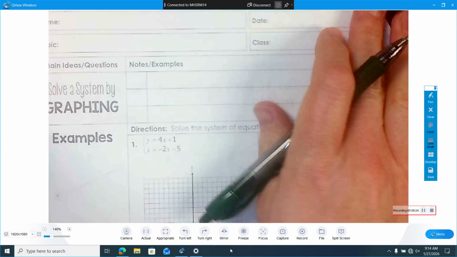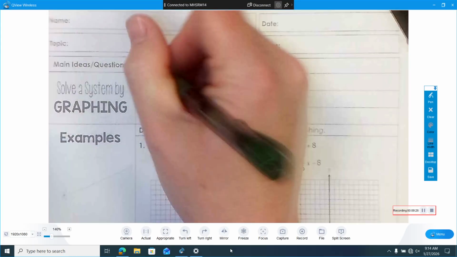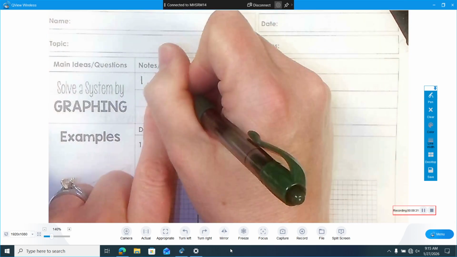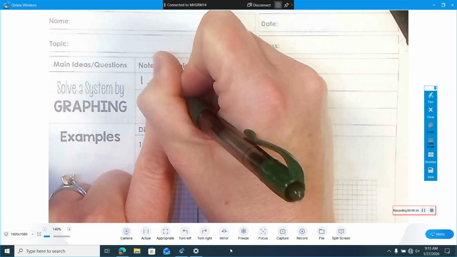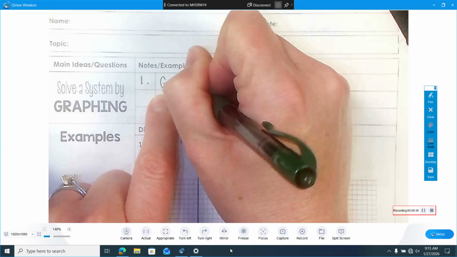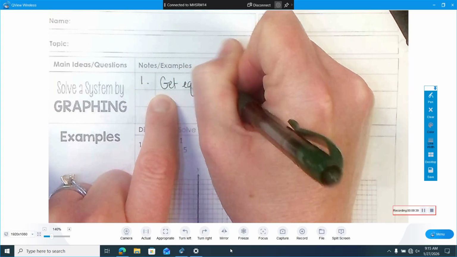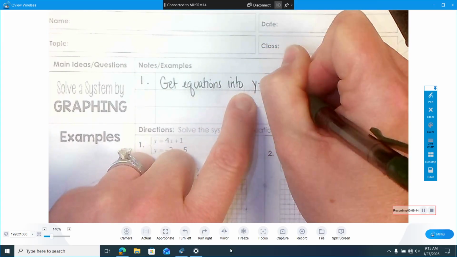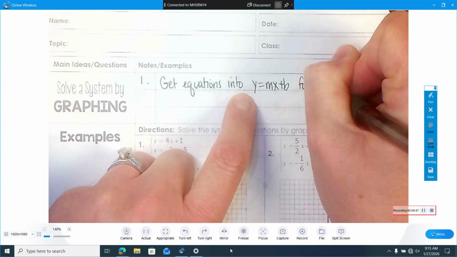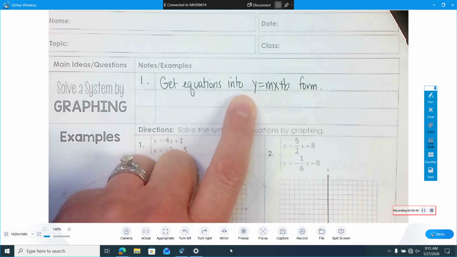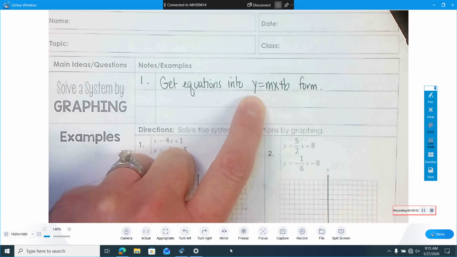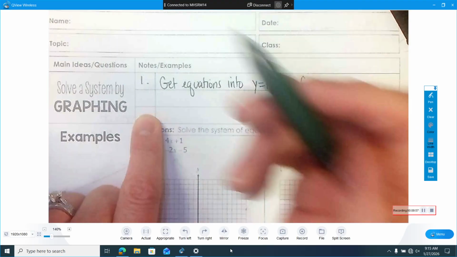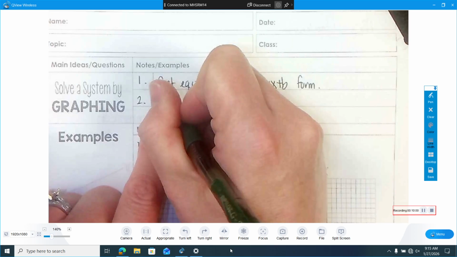Okay, so to solve a system by graphing, step number 1, we want to make sure to get equations into y equals mx plus b form. So we did a lot of that in the last unit, getting the y by itself. We want to be in this slope-intercept form because it's super easy for us to graph. So then we're going to graph,